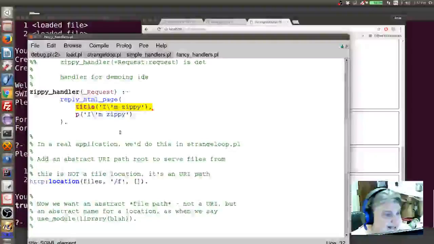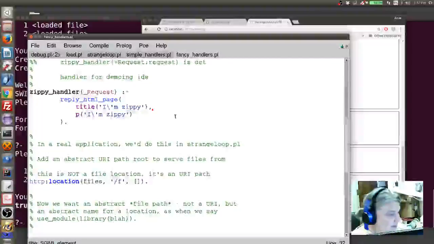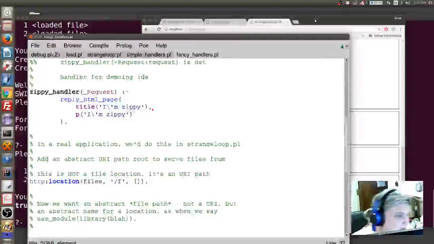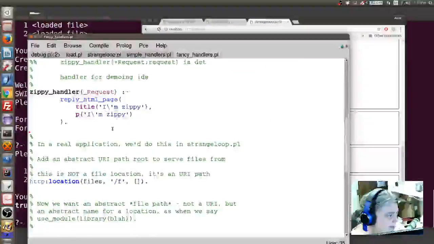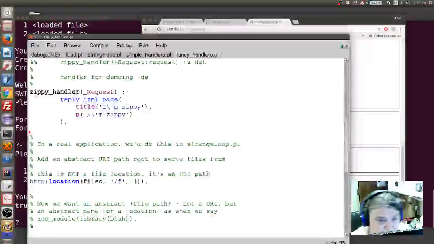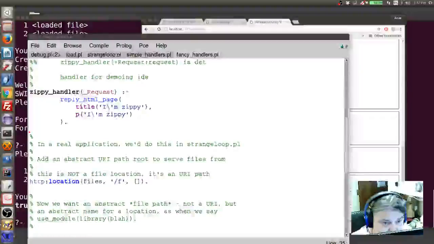This DSL is actually a DCG, so it's going to generate the output using a DCG you supply. So there is a DCG called HTML//1, and if you open up HTML handlers